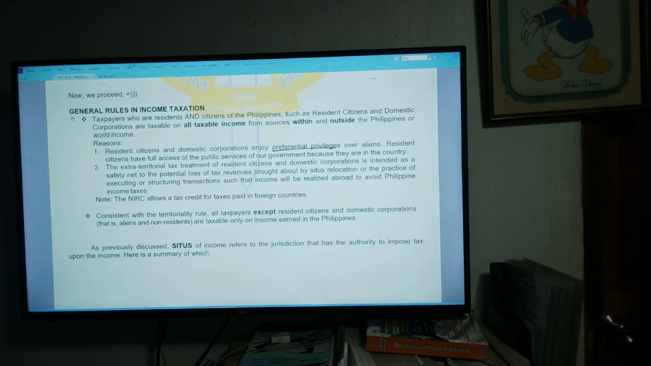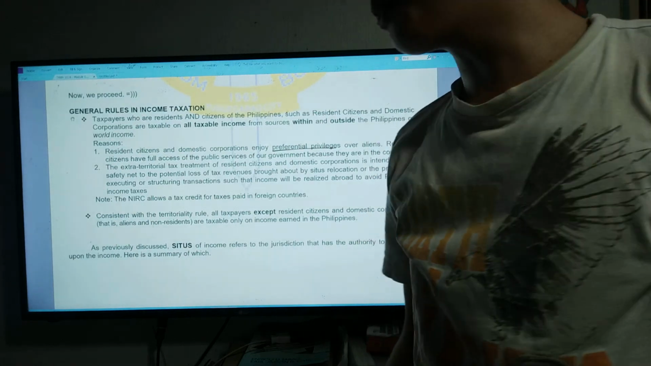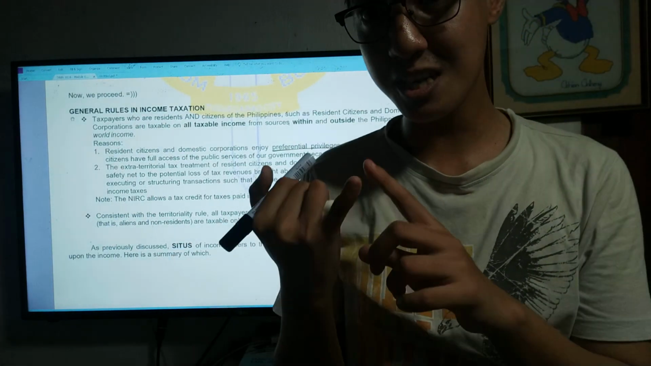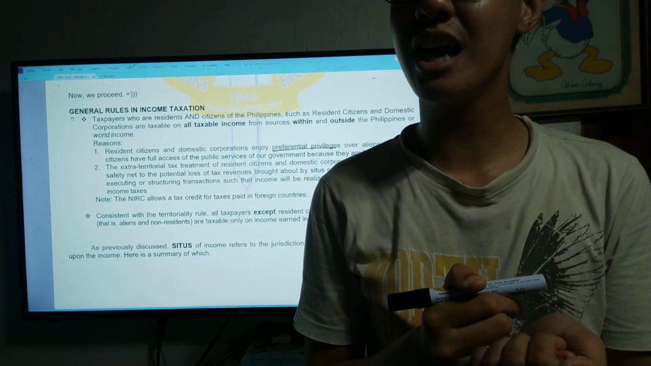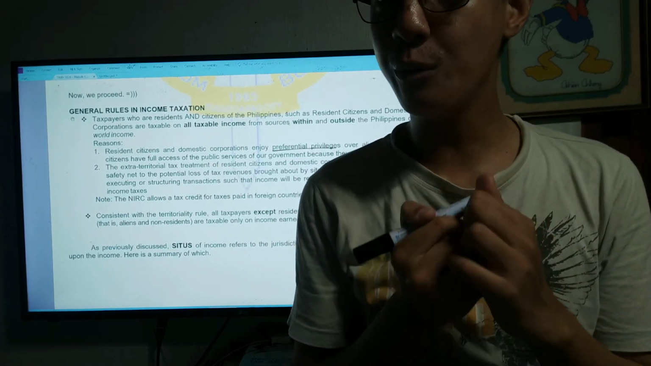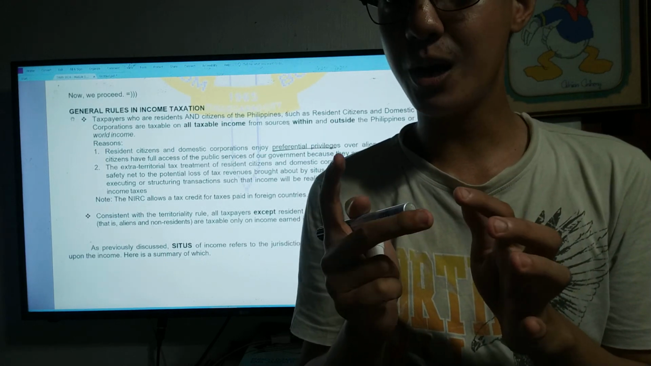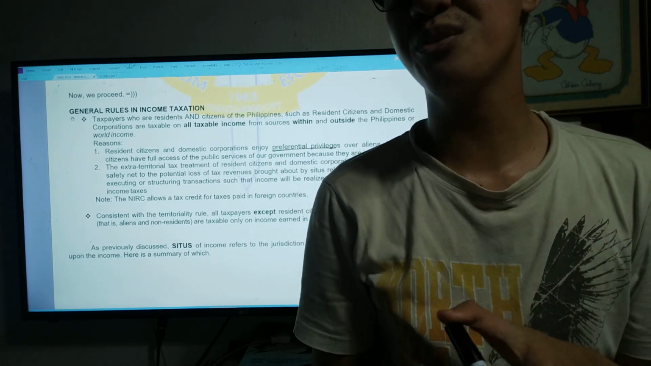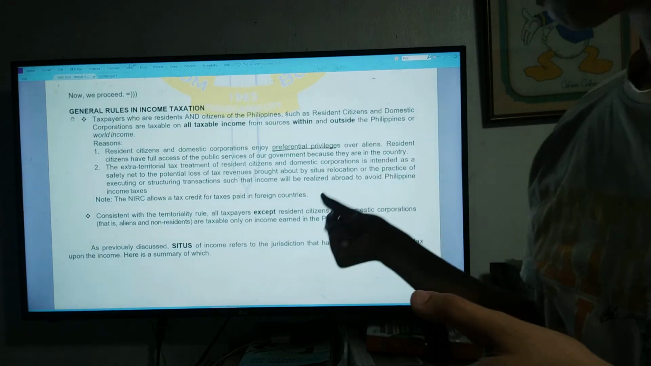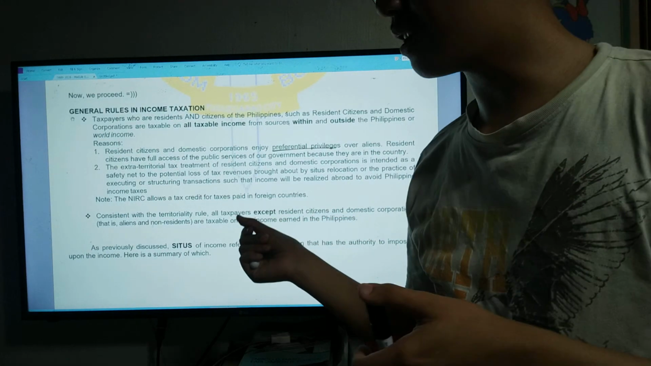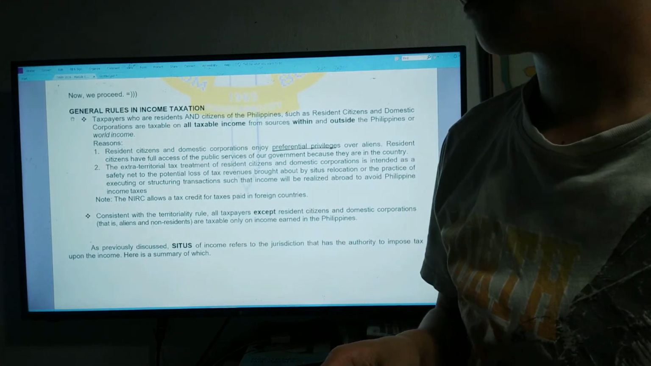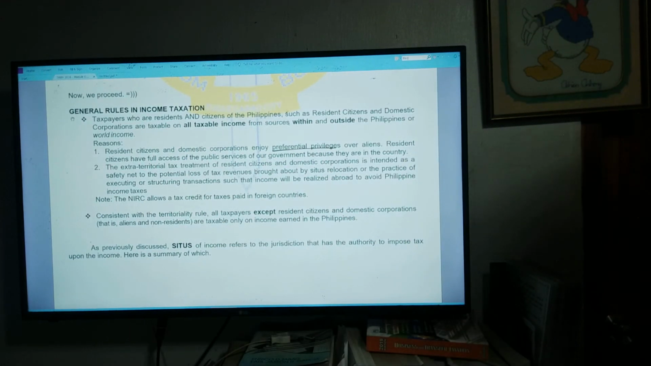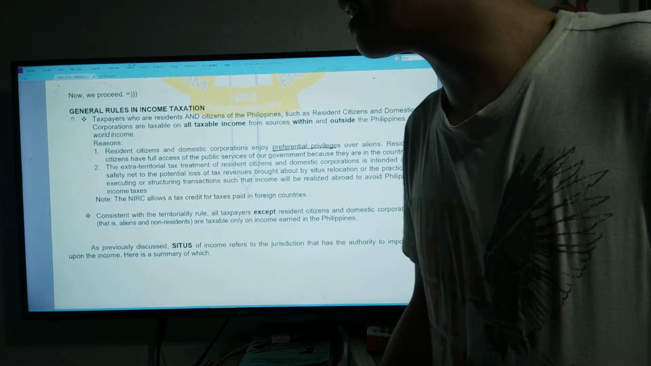For tomorrow, guys, we will hopefully continue with situs principles and other tax reporting schemes. And then, hopefully, we still have 1 hour and 30 minutes left for our discussion for the introduction of final income tax, para at least masimulan na natin ang lesson 4. So, with that, we end our discussion